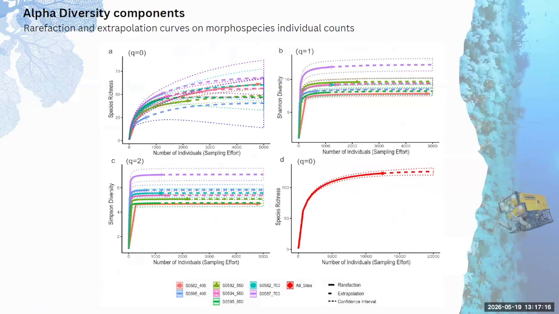To do that, I investigated the alpha diversity components, especially the species richness values for these vertical wall sections. You can see that all the rarefaction extrapolation curves reached asymptote. Asymptote means that the curve becomes parallel to the x-axis. So that is where you know that you have sampled much of the species richness within these vertical wall sections. Also, we use another approach by Rabon et al.